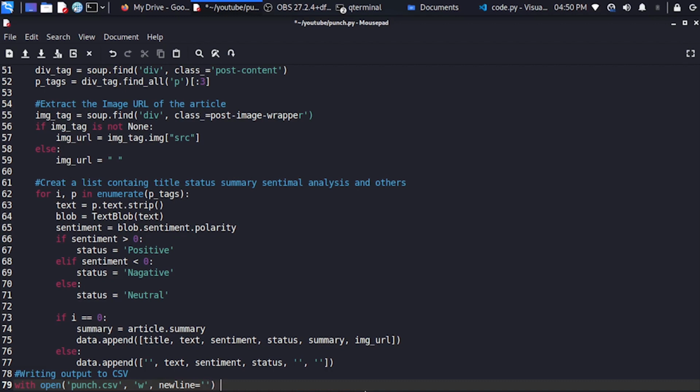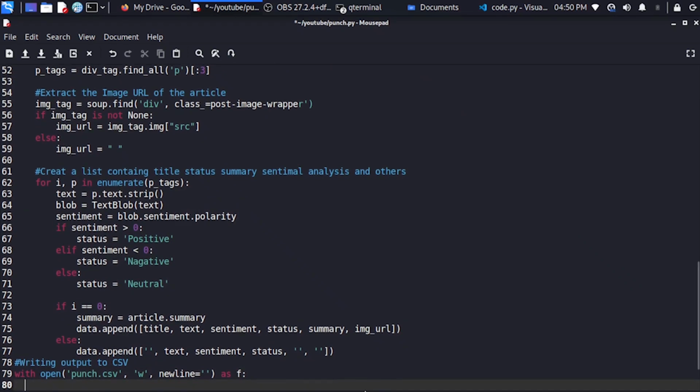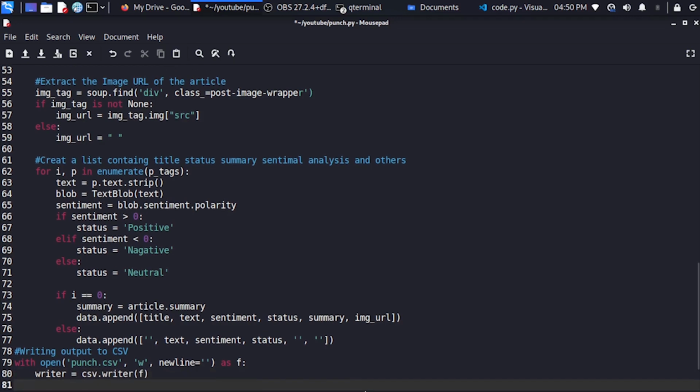I can close this tag and open. We are open as f, which is the name. So next, we're using an indentation, and we have writer equals to csv.writer, and we pass in our file. So next we have writer.writeRow,